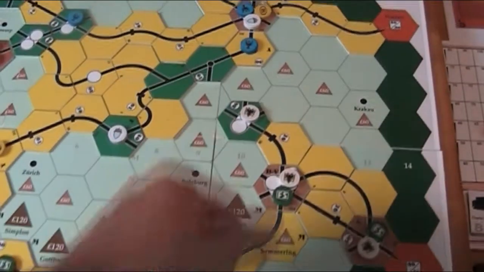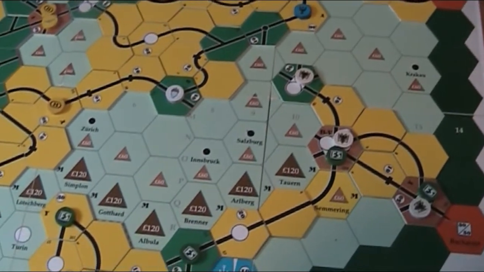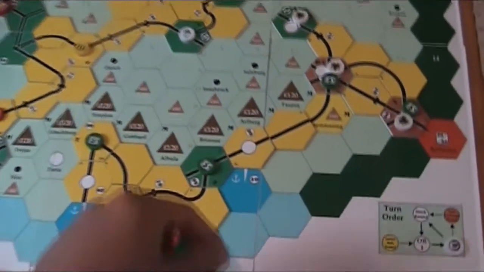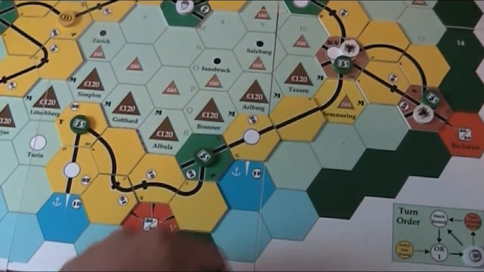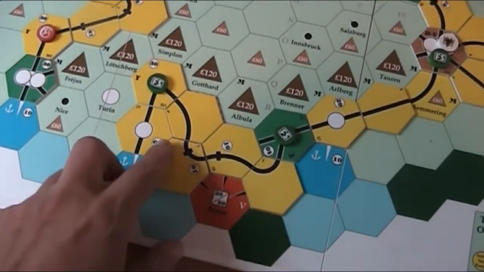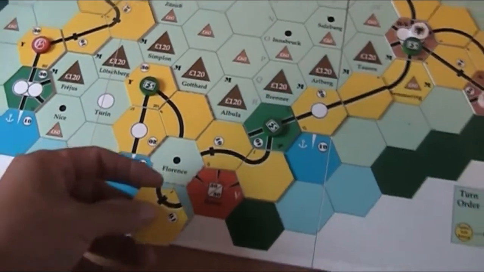Lay a token here. That one is still possible in the next run. I make more money if I make an upgrade here. So yeah, definitely. I want to do that run down here. So I'm going to make this upgrade here